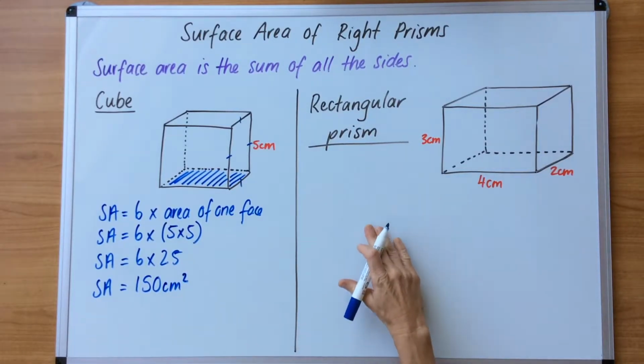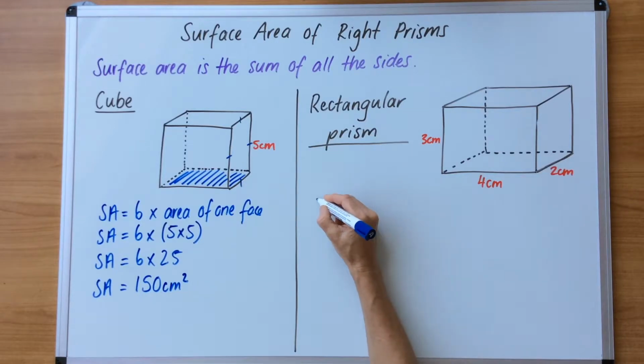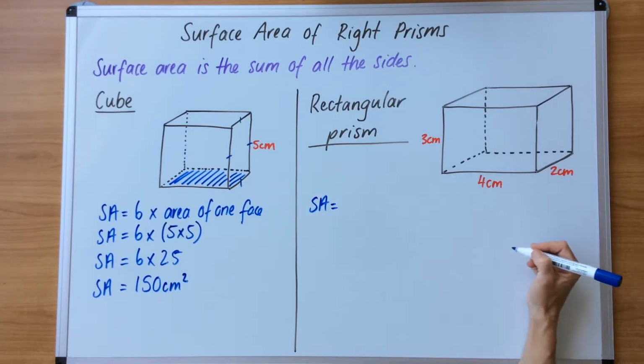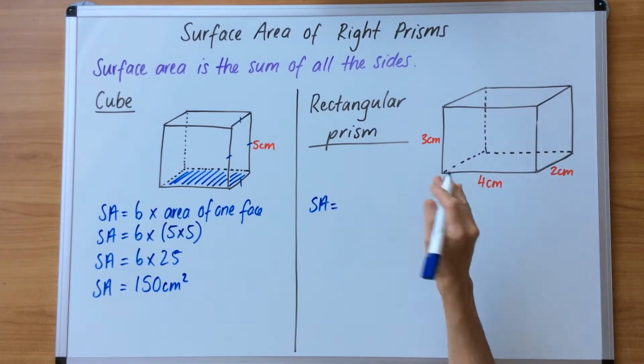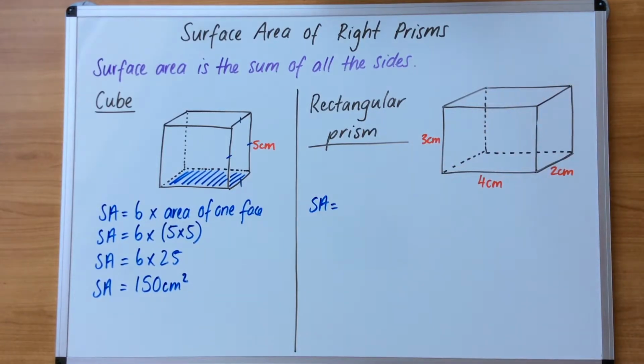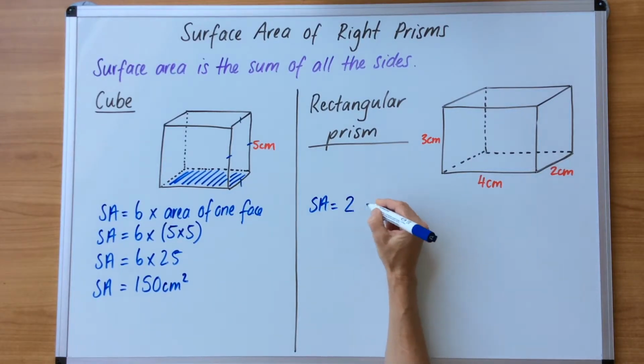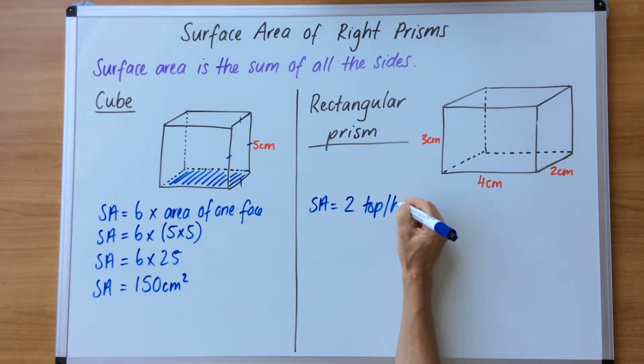Let's look at the rectangular prism here. So this is a little bit different in the setting out, but it's the same principles. So surface area equals. Now with the rectangular prism, we have a top and a bottom, 2 sides and a front and a back. So we're going to write that down. We've got to figure out all the areas of those and then add them all up. So surface area equals 2 top bottoms,